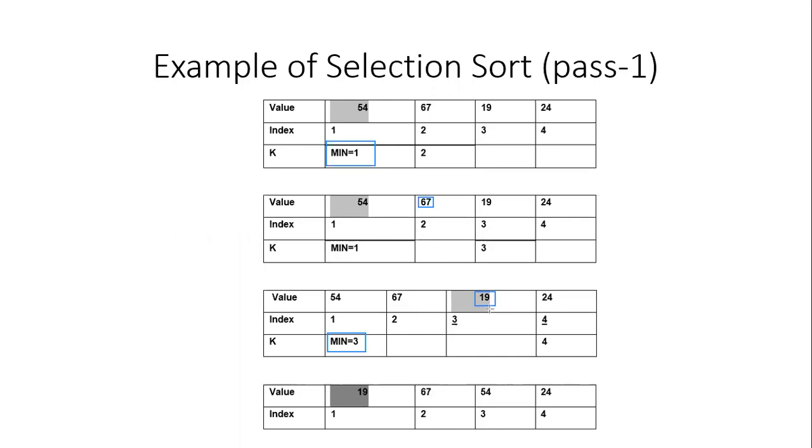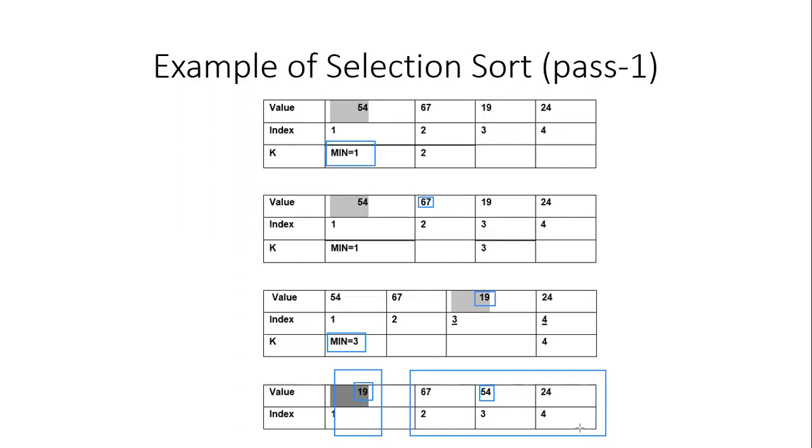Now what we are going to do, we are going to interchange the two elements, that is the first element and the smallest element. So smallest element comes at the first position and 54 is shifted to the third position. So what we have is a sorted list with smallest element at the first position and n minus 1 elements which are unsorted.